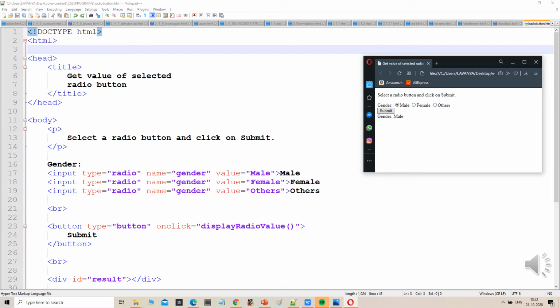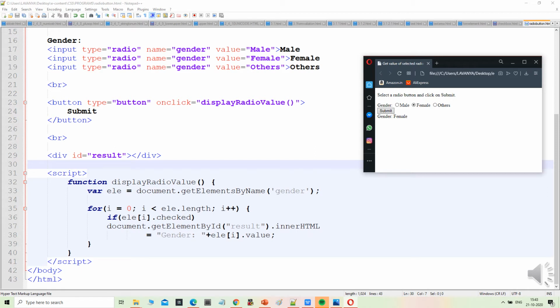Then input type is equal to radio, name is equal to gender, value is equal to others. And for the button, type is equal to button, and onclick is equal to displayRadioValue, which means after clicking that button it will display the value of the selected radio button, and this is for submit.